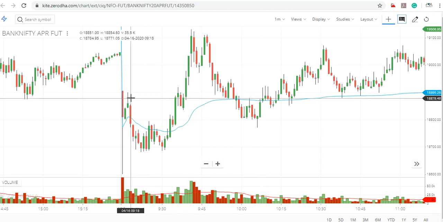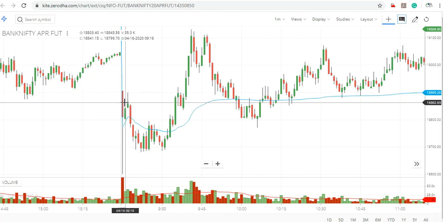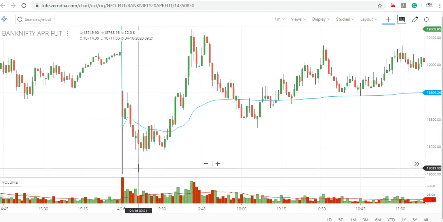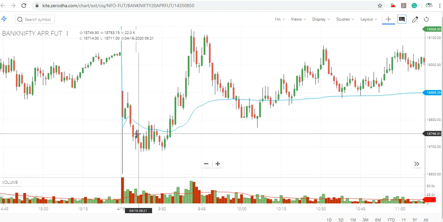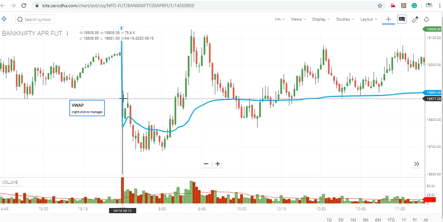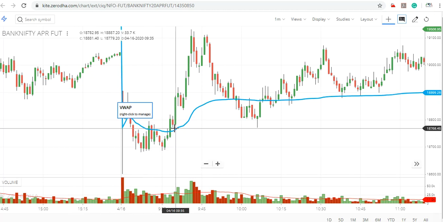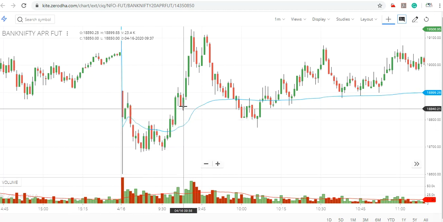Okay, now above VWAP we scalp for put, below VWAP we scalp for call. See, this was a very good pattern, but the low is here. You can see there is a big stick here. Low is here. This is not nearest to the low. Either it should be the low or nearest to the low, otherwise we don't scalp. Now it has gone above VWAP, so we only concentrate on put.